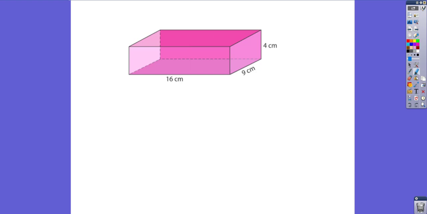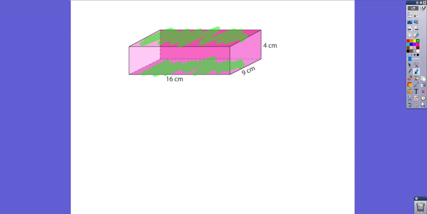Rectangular prism means that this base right here is my base. That helps me know if I need my area for that. Now if I open up this prism, actually I'm going to leave it like this, that way you can start visualizing it. So if I ask you for the lateral surface area, that means I need the area of all sides, and